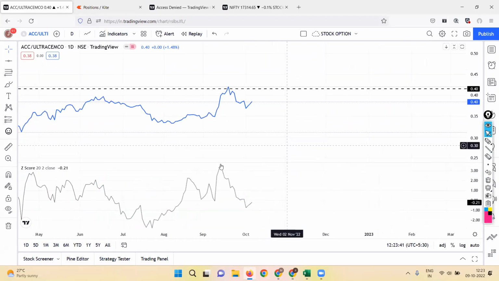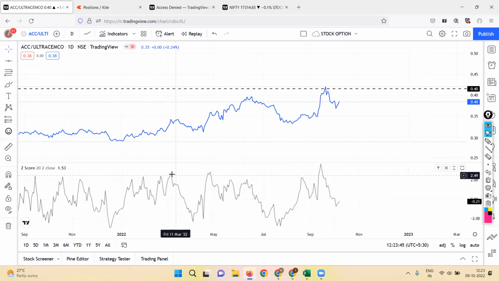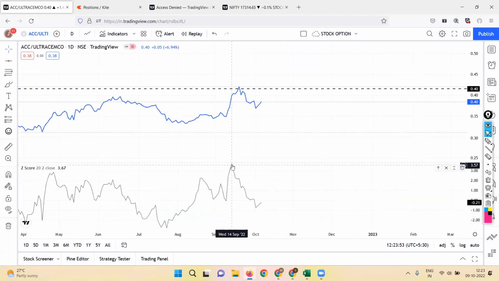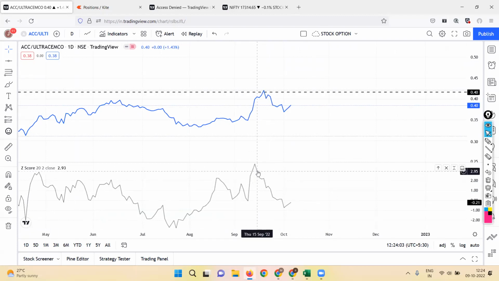Yeah. So enter this area. Previously the highest Z score was 2.72 in the ACC Autotech pair. On 28th September, or 14th September, it reached 3.67. So I entered on this 28th September, when the price ratio is